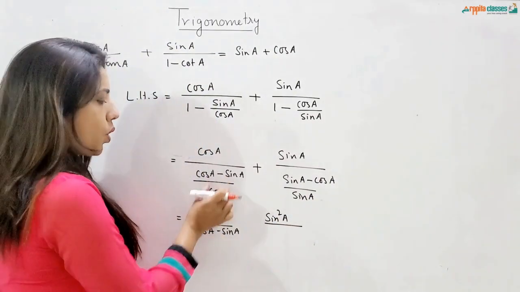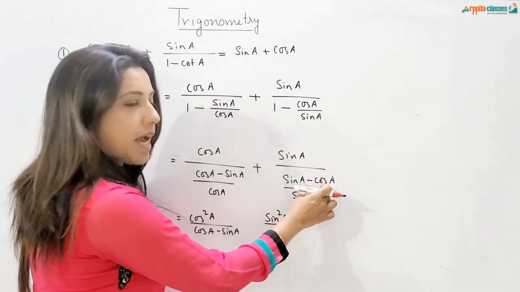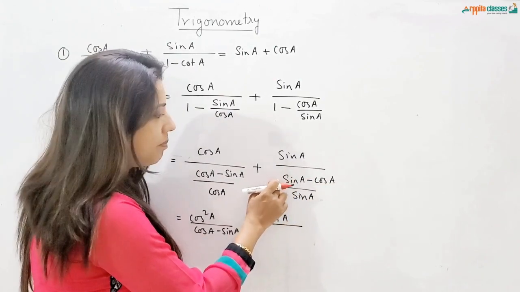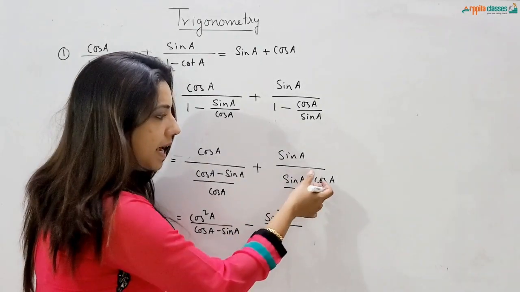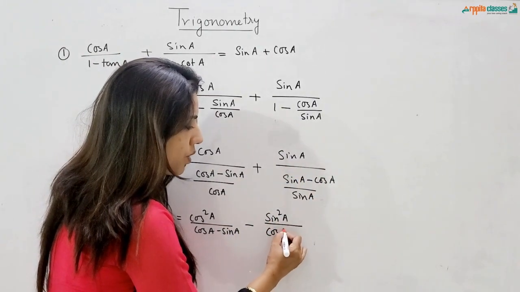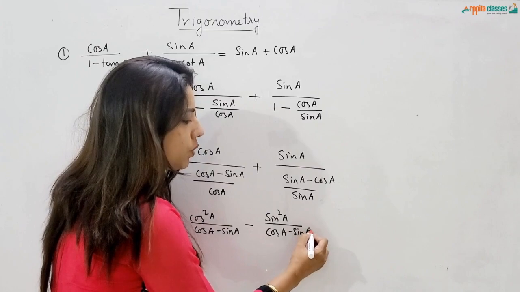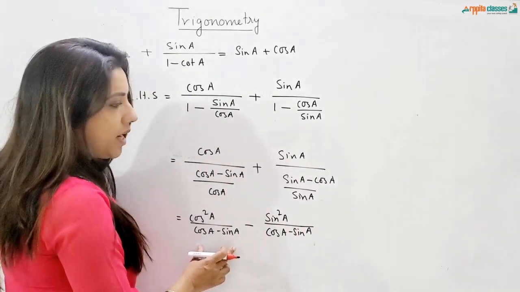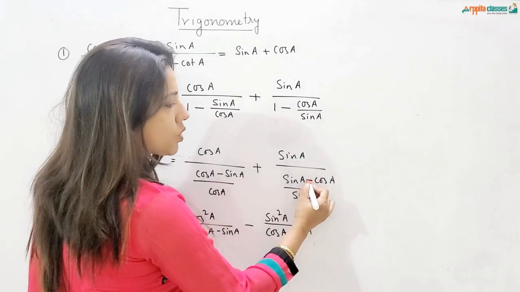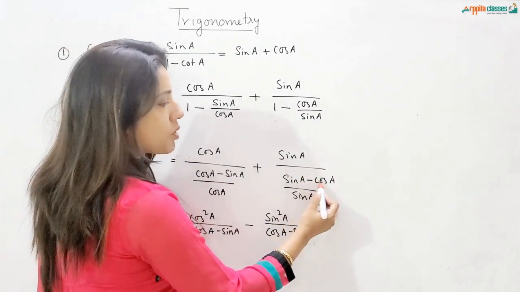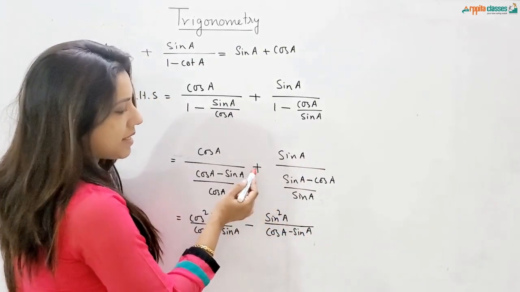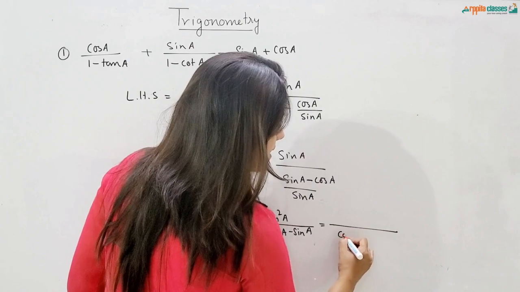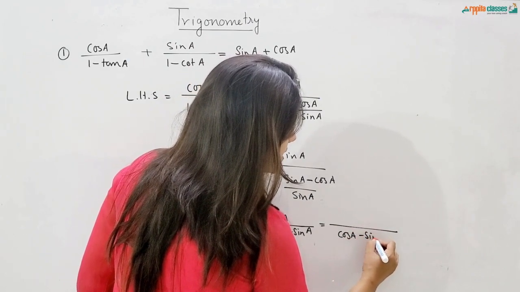Now see, this is cos A minus sin A, and here I have sin A minus cos A. So if I take a minus common from here, that minus plus will become minus, and this thing I can reverse, cos A minus sin A I can write, so that in the next step my LCM will be cos A minus sin A. So what did I do basically? I took a minus common from here, so that it becomes cos A minus sin A, and that minus and plus give you minus sin. So now I will be taking LCM cos A minus sin A.